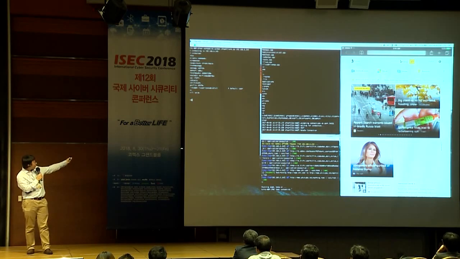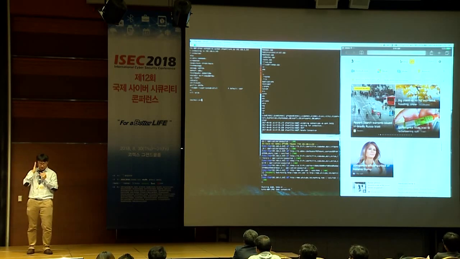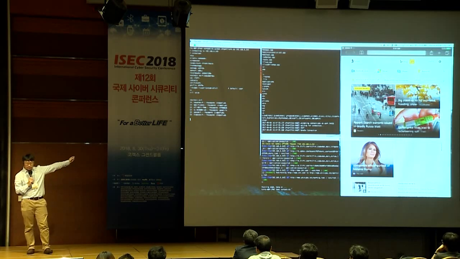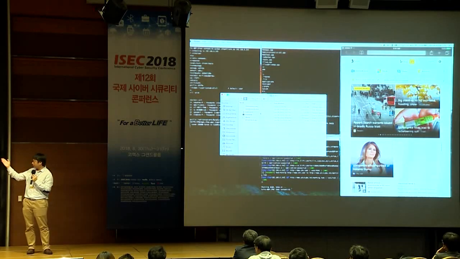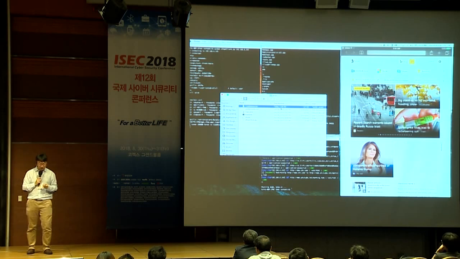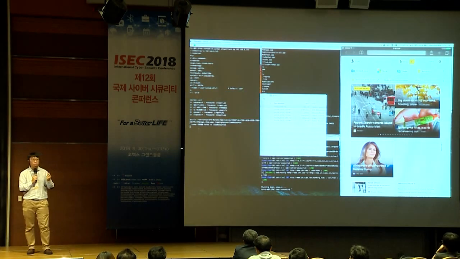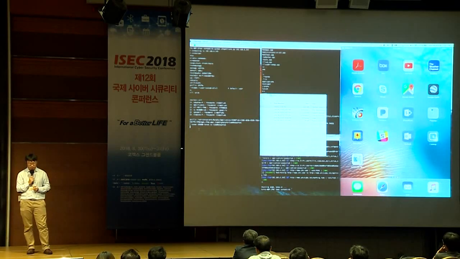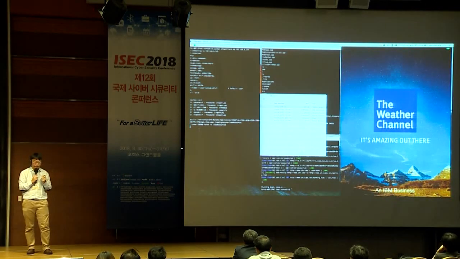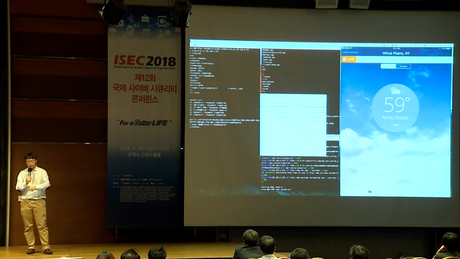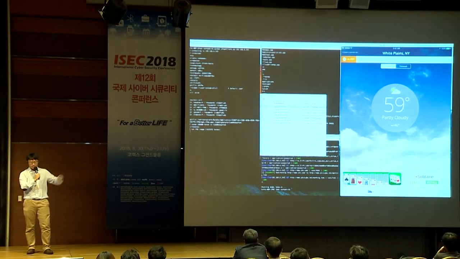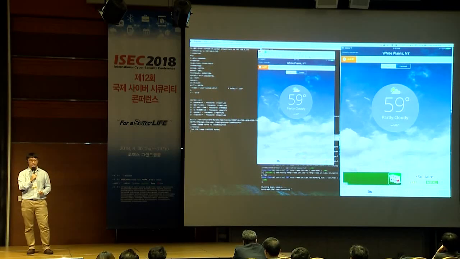Now, the hacker opens up another screen. Now it has a list of functions that you can do. It now does a keychain dump, so the Wi-Fi password is now being displayed on the screen. The user then downloads the phone book contact information. Again, I'm root, I can do everything. The user now opens an application, checking the weather. The hacker can actually take a screenshot of what the user is looking at.